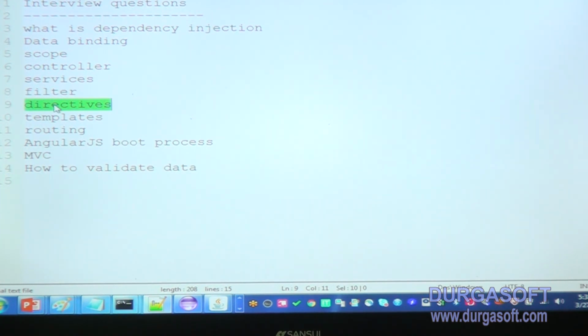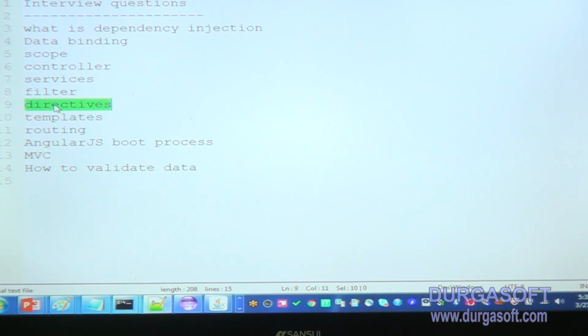And while creating directives we should follow camel case notation. If we change anything it will not work. Whatever name you have defined, based on that you create the directive in the front end. If you change anything, then that directive will not work. Next one is template, which is nothing but HTML. So HTML is a template. Inline templates also we can create, and normally templates are created to display the web pages.